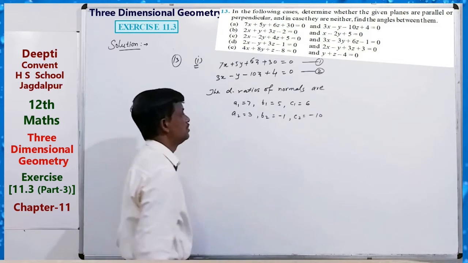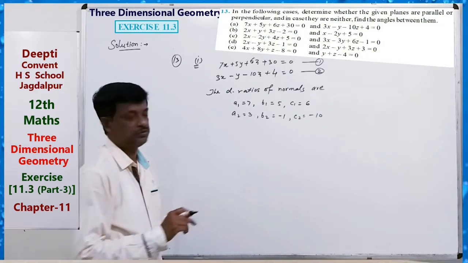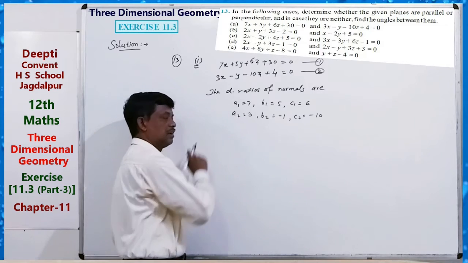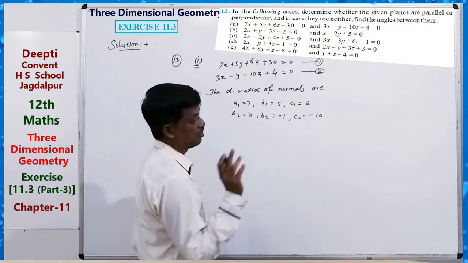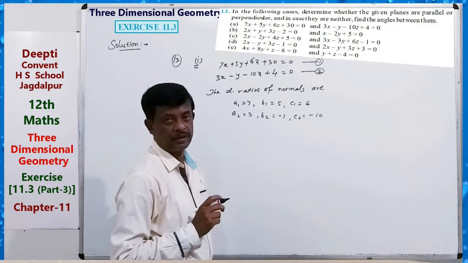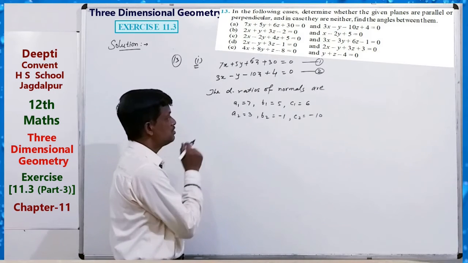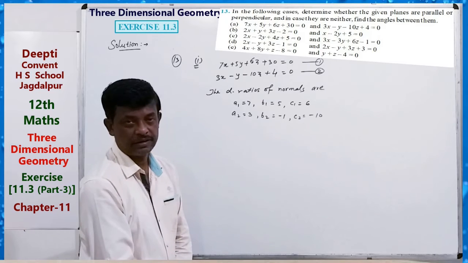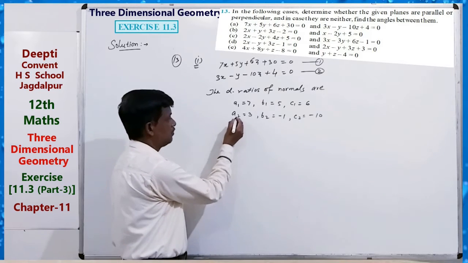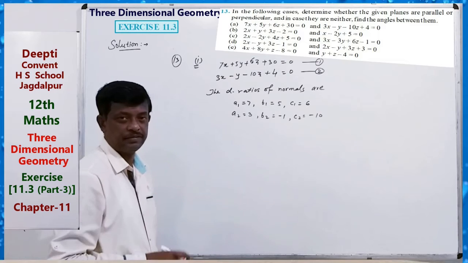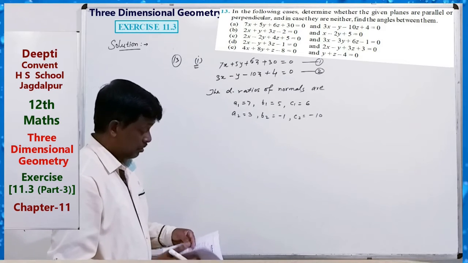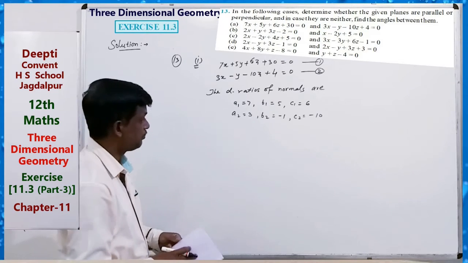Just the coefficients. These are the direction ratios of the normals of the first and second planes. Now, here we see that. We know if